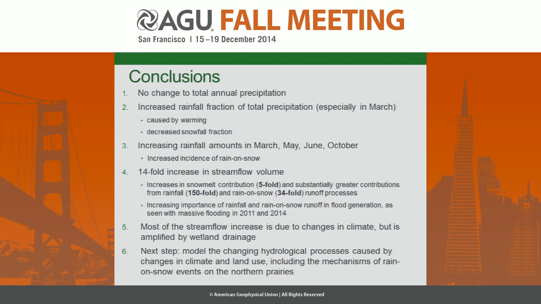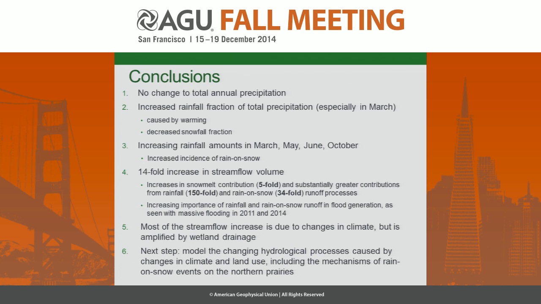So to conclude, there's been no changes to the total annual precipitation in this basin. But due to those increasing temperatures, we're seeing an increase in rainfall show up and a decrease in the snowfall. And this is also prominent in the month of March. We're seeing increasing rainfall amounts in March, May, June, and October, and this is increasing those incidents of rain and snow events, as well as an increase in rainfall shortly after snowmelt period,